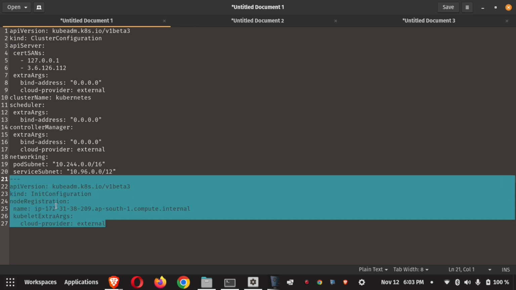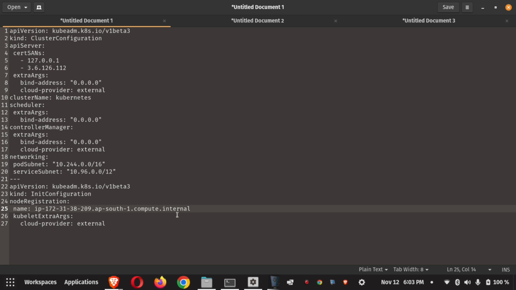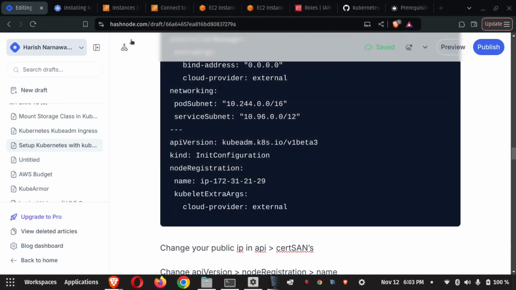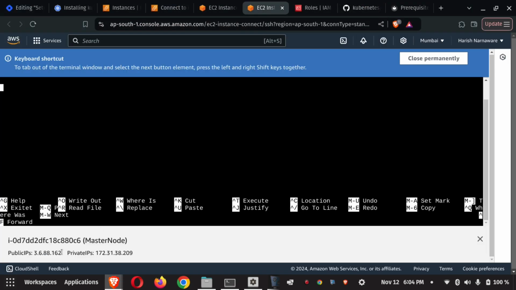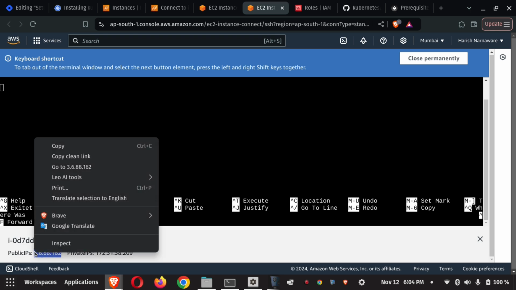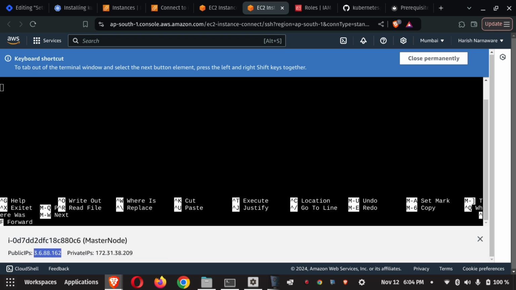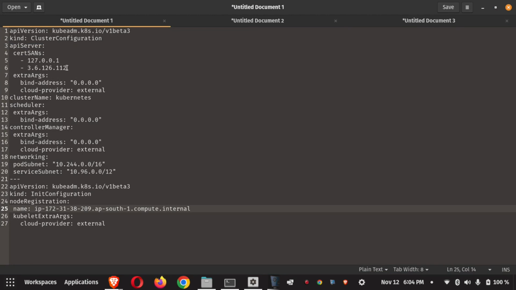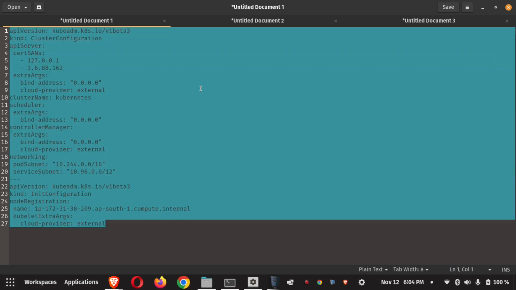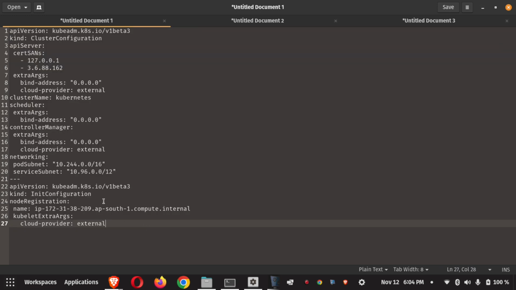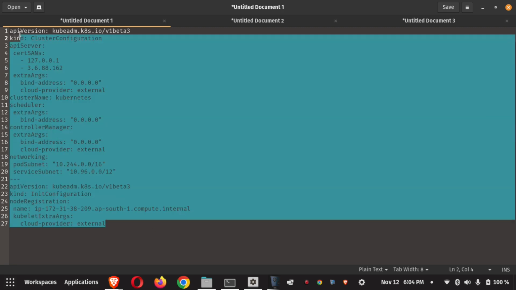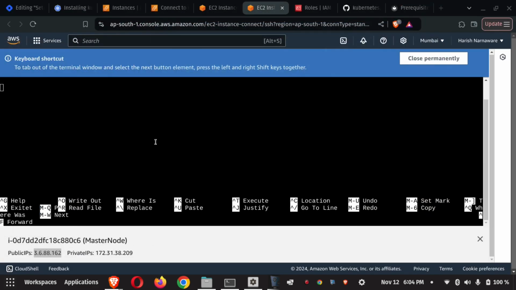So my host name is changed, and I have to change my public IP. I can take the public IP from here, the master node. So here's my public IP. Copy it and paste it in the cluster configuration. These are the only two changes I have to make. The rest is fine. Copy it and paste it,